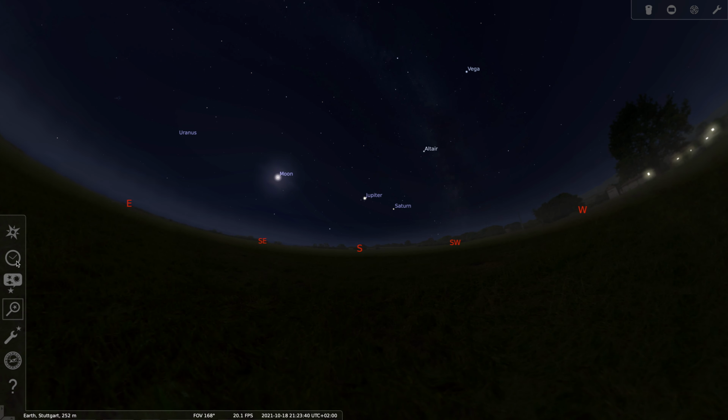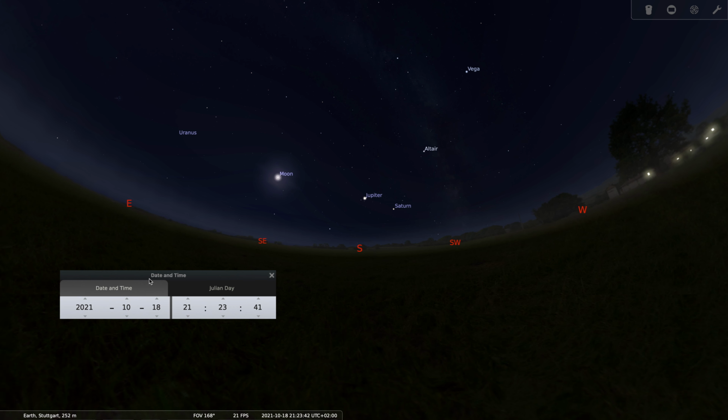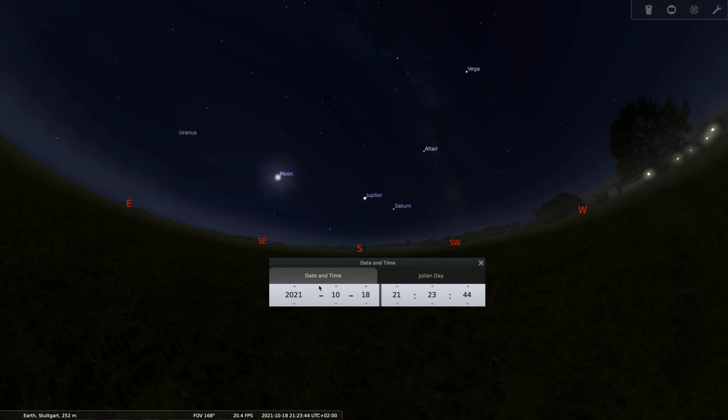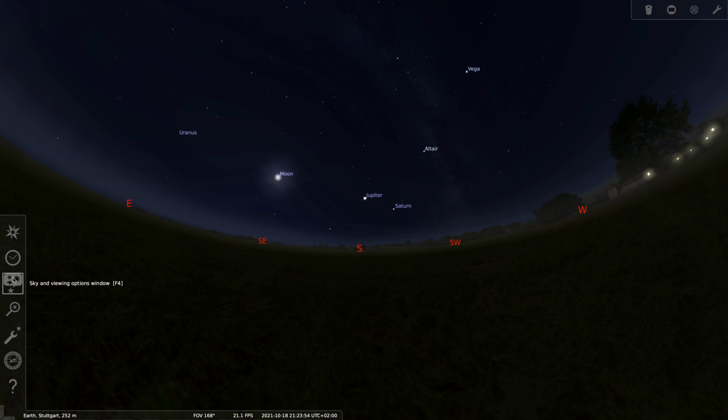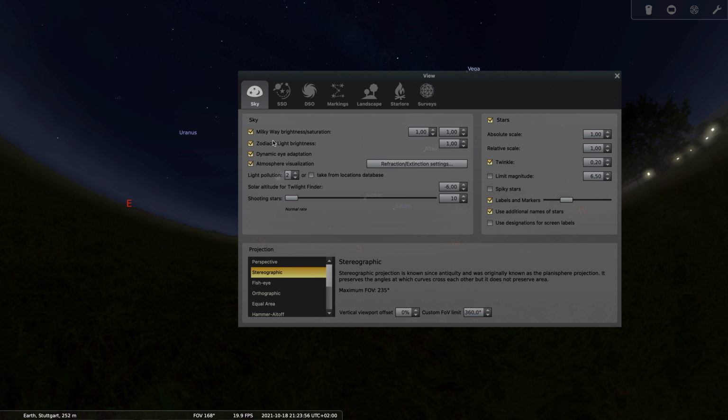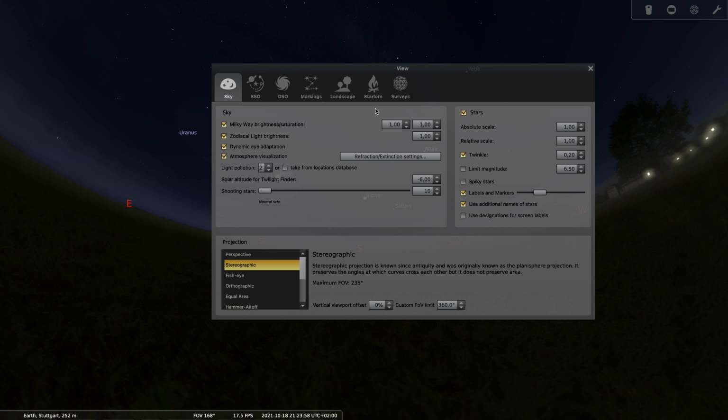We can adjust the time either here with this window, and then we can adjust the date and also the times, or here on the bottom by fast forwarding the time. And we'll take a look at this also later, what happens. So let's not change here. We have also some other settings. Again, you have to explore a lot. You cannot damage anything, don't worry. Where we, for example, can